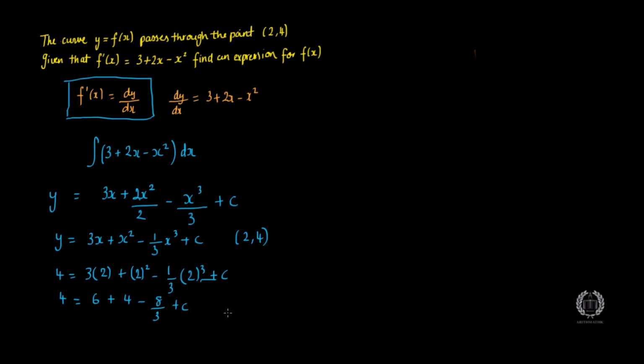Okay, so now what you want to do is simplify this further. So if we were to write this here, you've got 4 equals, now 6 plus 4 is 10. 10 minus 8 over 3 would be 22 over 3 plus c. But remember, you're finding the value of c, so you bring the 22 over 3 to the other side. So you're doing 4 minus 22 over 3, so that should give you minus 10 over 3. Okay, so your actual curve, the final equation of the curve, is